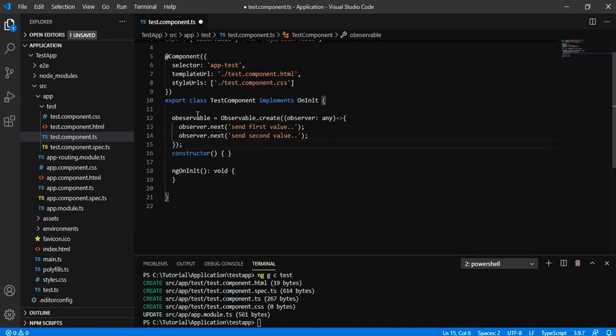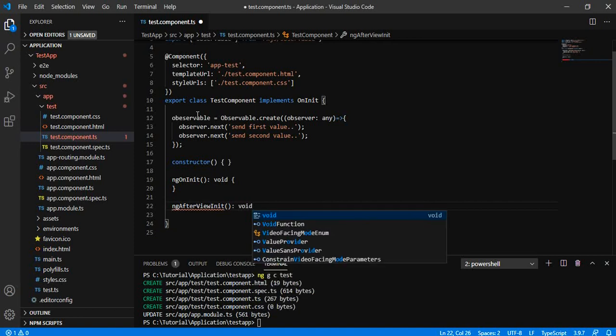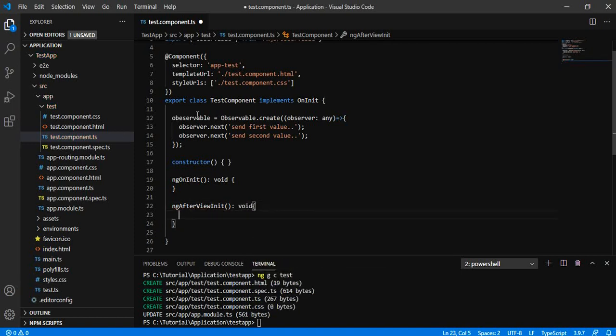Now let me add the subscriber. We will add the subscriber in ngAfterViewInit so that if any value is sent from next, we will display it on our HTML page, and if any error is thrown from the observable, it will be printed on the console.